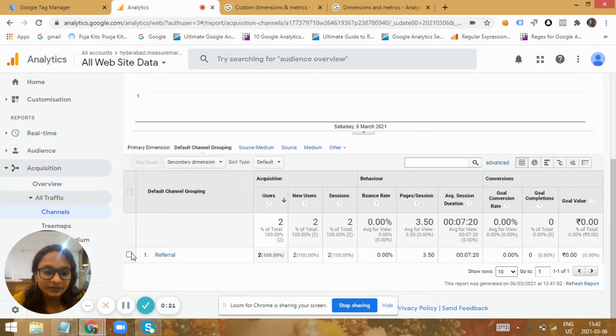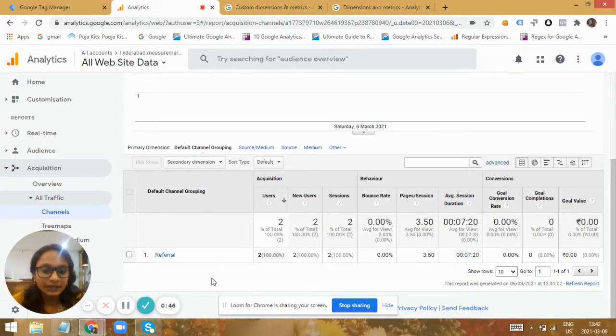Here you can identify this is the dimension that could attribute data to all the channels based upon the channel type. So dimensions are the attributes of data. While coming to the metrics, they measure the data. So the number of users coming through this channel, the new users, and the pages per session, the number of pages the user has gone through in a particular session, these all come under metrics. So this measures the data.